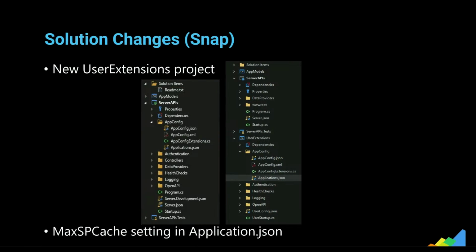The PowerServer C# solution has the following new feature. First of all, here you can see the old structure of the C# solution in PowerServer 2022, whereas this screen here on the right shows the new structure in 2022 revision 2. And there is a new project called User Extensions that contains